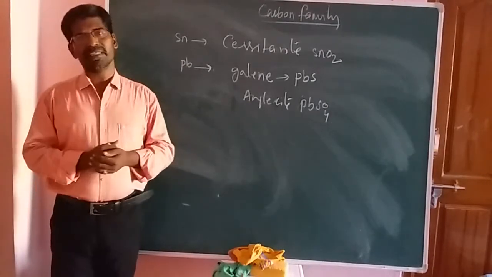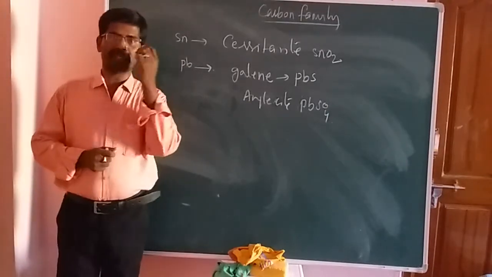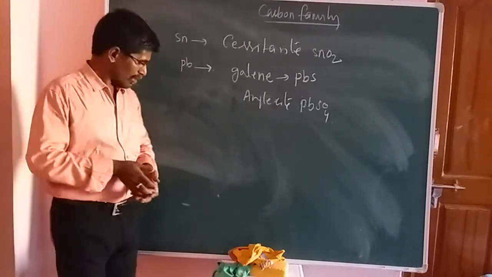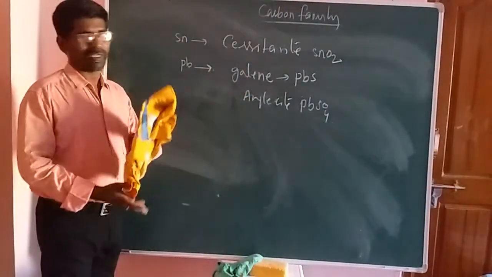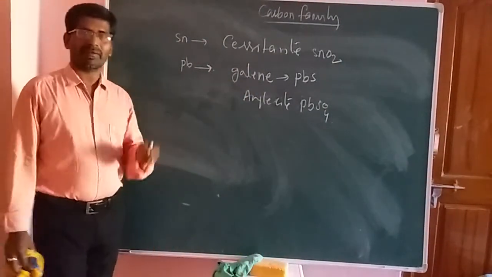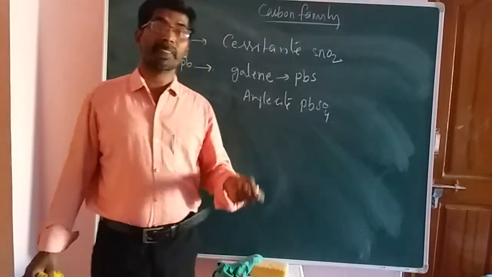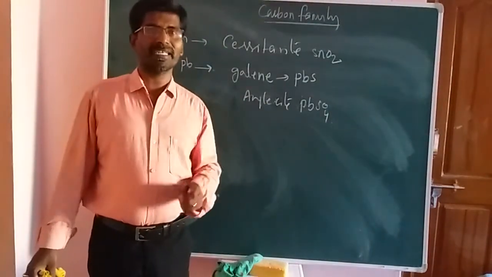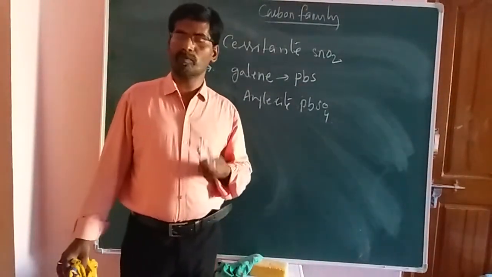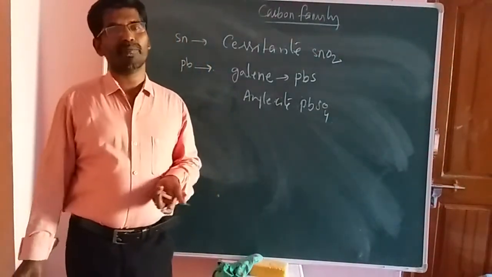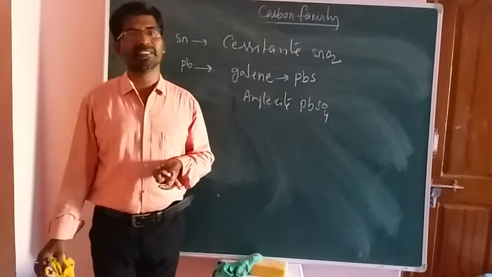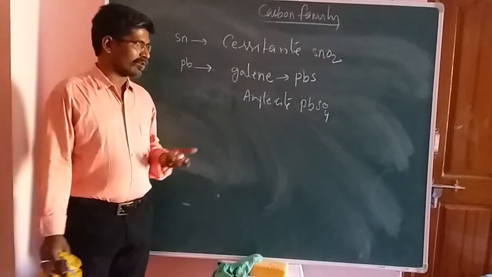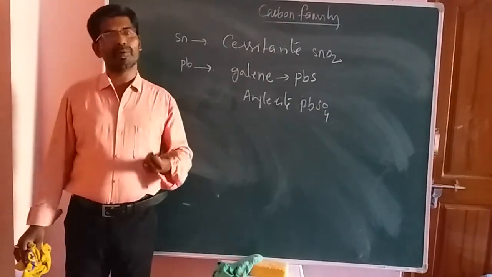After completion of this, we should talk about the physical properties of fourth A group elements. What are the physical properties of fourth A group elements? We have already studied these properties at the beginning of the chemical bonding chapter: ionization potential, electronegativity, melting point, boiling point, electronic configuration. These are periodicity properties, which we already covered in the chemical bonding chapter.